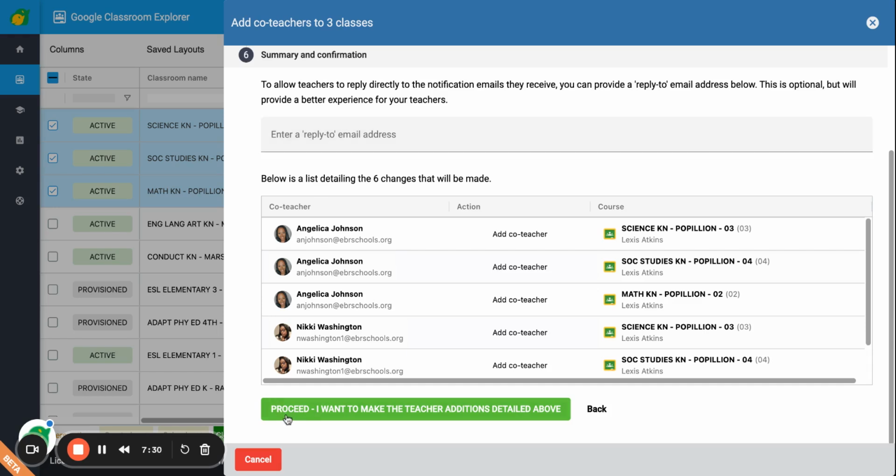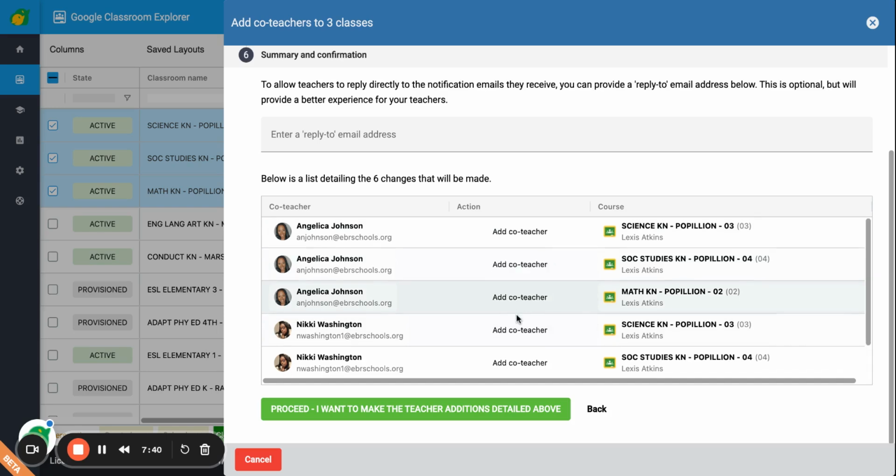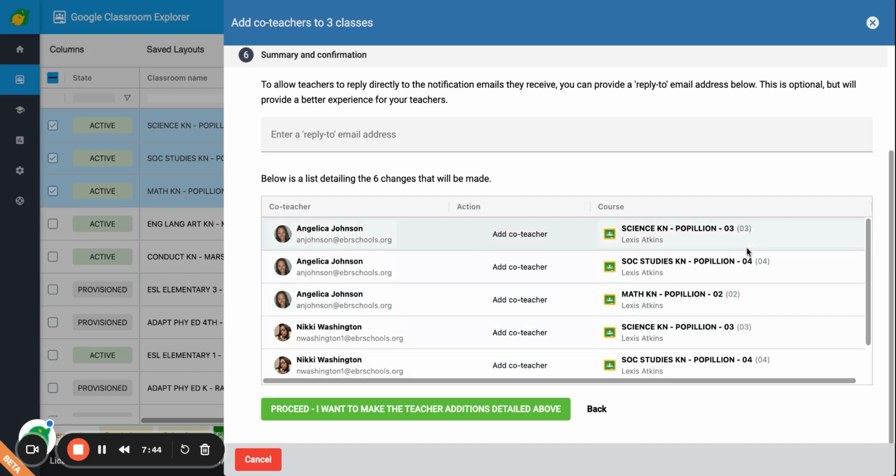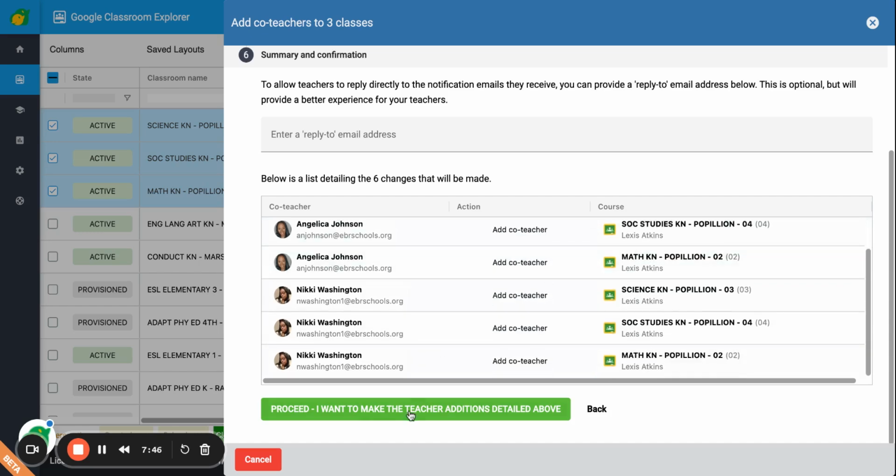The last button that you would click is the proceed button. This is basically confirming that you want to make the teacher additions that are detailed above. And those additions are here as myself being added as a co-teacher and Ms. Washington being added as a co-teacher to these courses on this side. Once I click on the proceed button to make the changes,